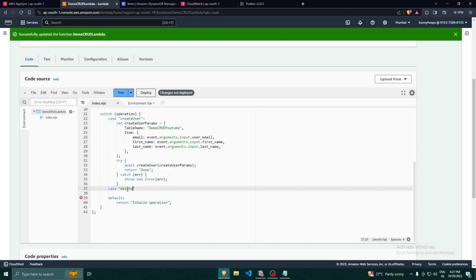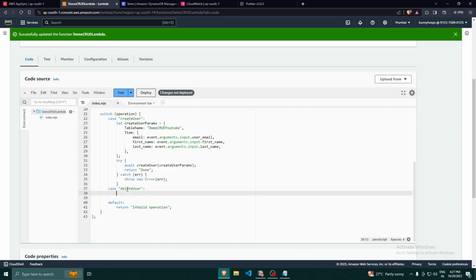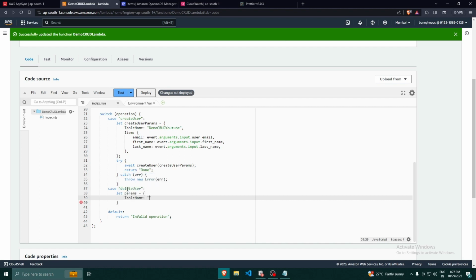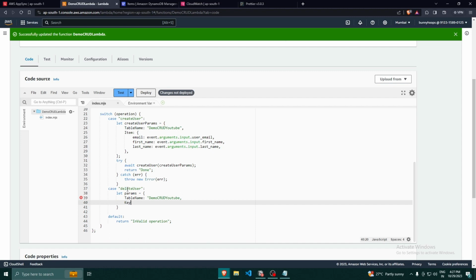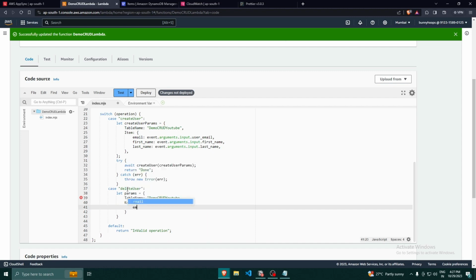So the case would be delete user. For that we have to create some params. The table name, CRUD. Oh, my bad. And the key is email, and the email would be the event dot arguments dot input dot